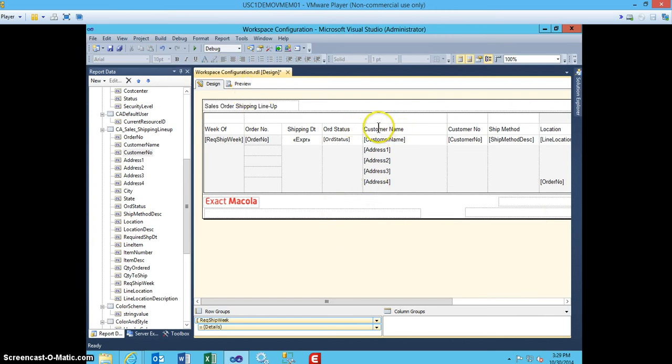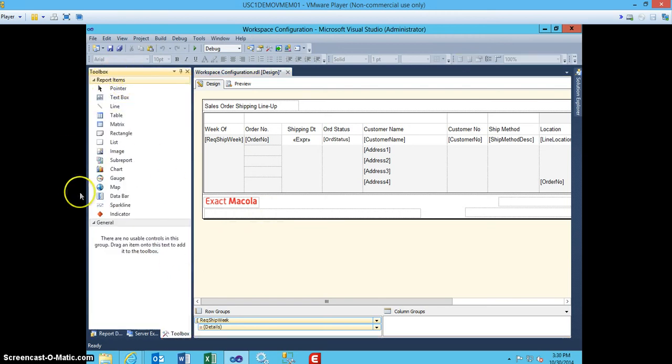You might also want to make certain other changes. For example, each time you click on an image, you might want to get a menu pick that pops up. This can be done by using some of the report items available under the toolbox towards the left of your screen here. So what we can do is drag this image icon here and drop it at wherever you want the image to appear. In this case, I would drop it here,